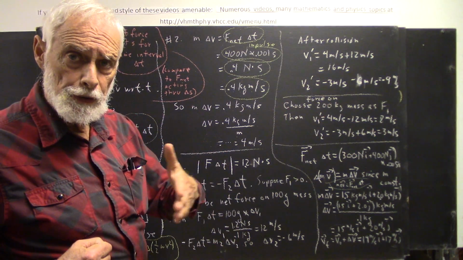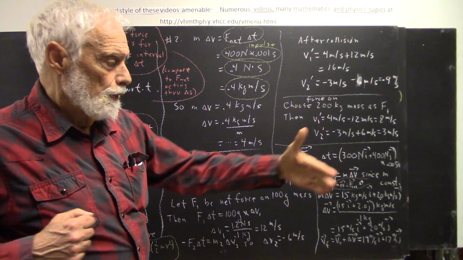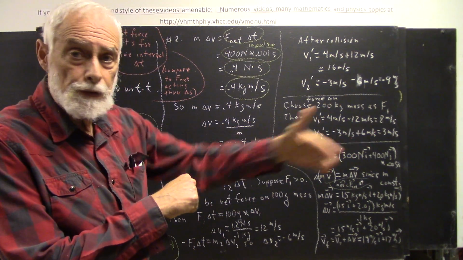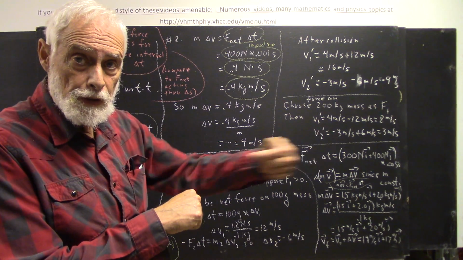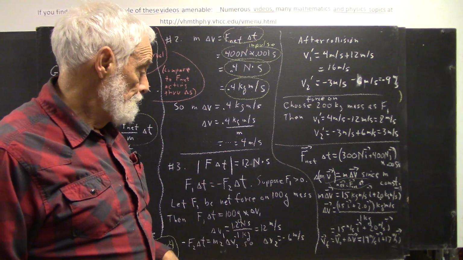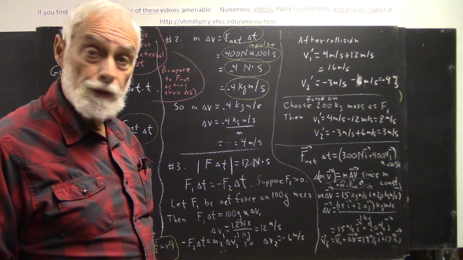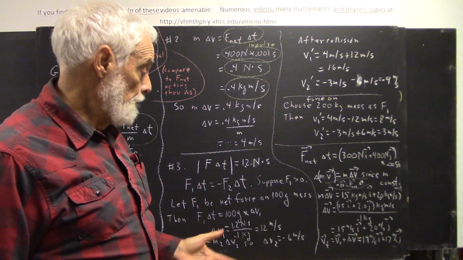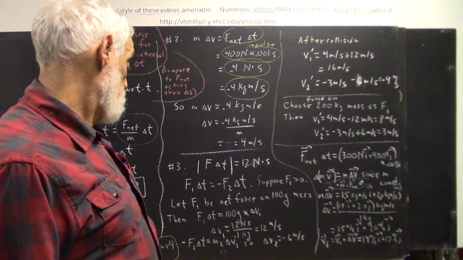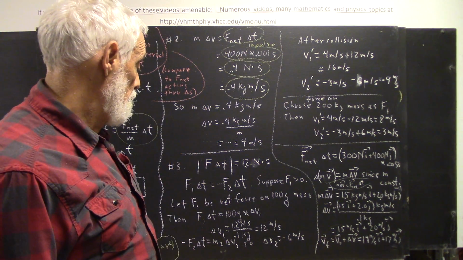Let's say this is the first object, and it's coming toward the second object. Whatever the velocity of these things are, this thing's going to go off, and the velocity change from this to this is going to be plus 12 meters per second. And this is going to lose 6 meters per second. Now, there are many ways that a collision could go down, many ways that could occur. And we're not going to